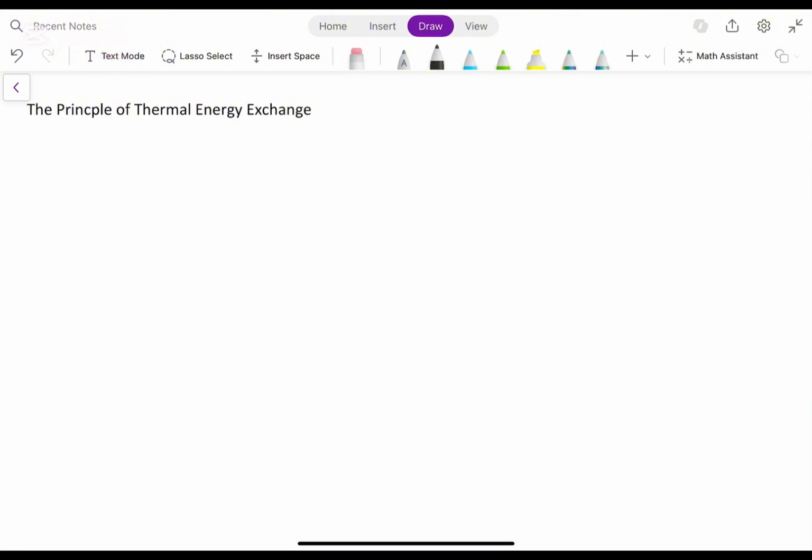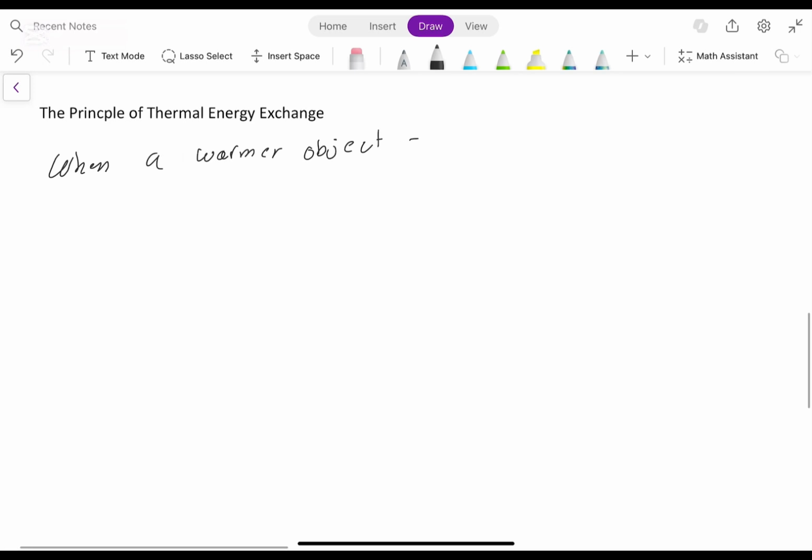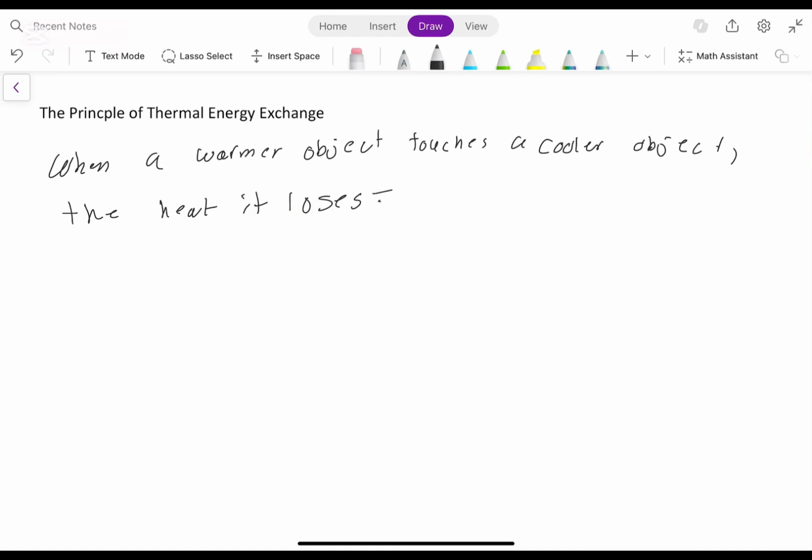Well, this basically means when a warmer object touches a cooler object, the heat it loses is equal to the heat the cooler object